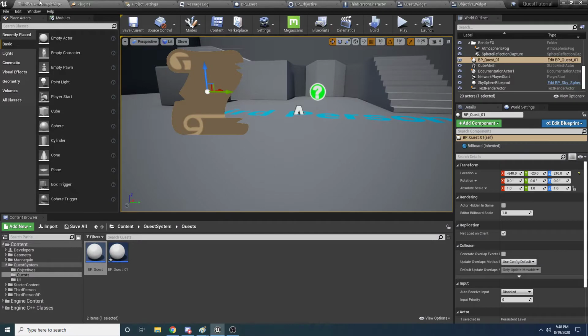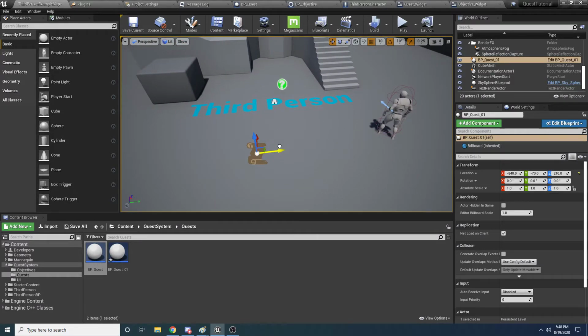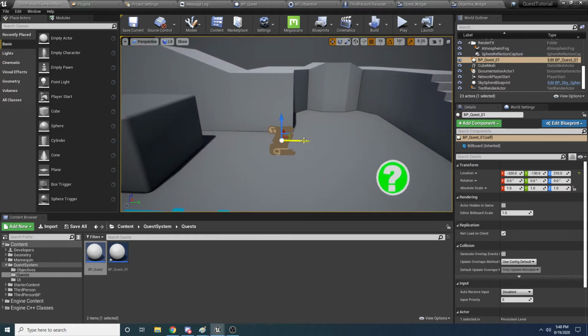Okay, so if you compile that and come back, you can see our quest now shows up as this little scroll inside the world. It doesn't really matter where you put it because the location of it doesn't actually matter. So I'll just put it over here for right now. And maybe we'll just add one for right now. Okay, so we got our quest inside the world. It doesn't do anything yet, but we can at least show it inside of our inventory or inside of our